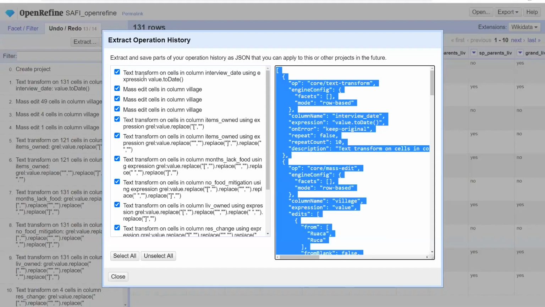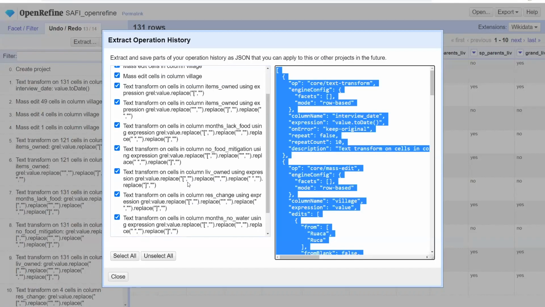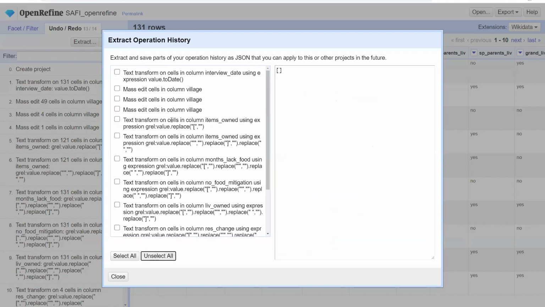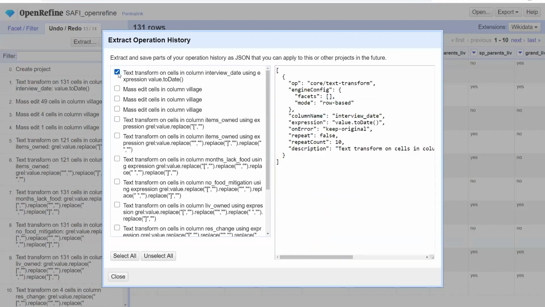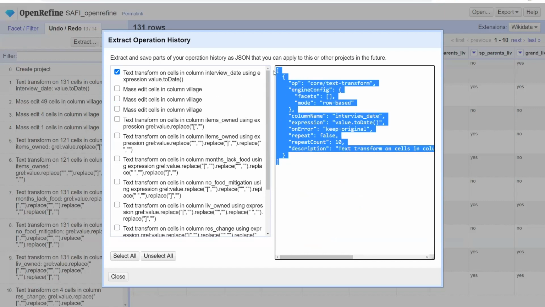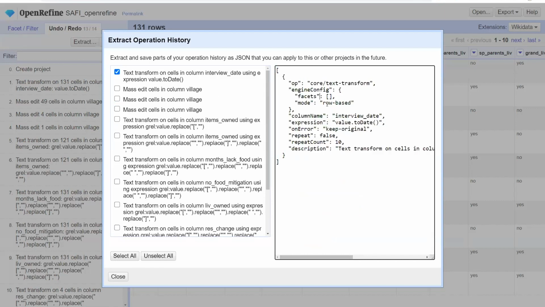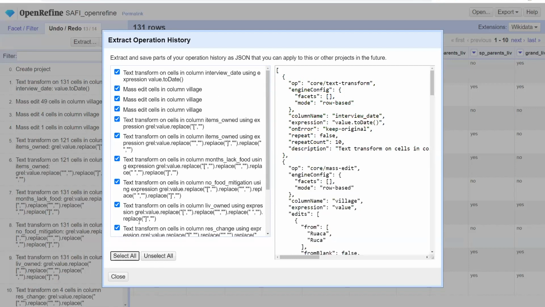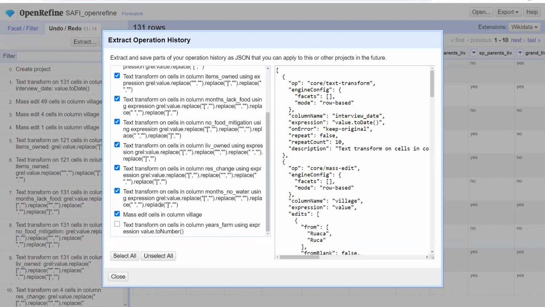And if I click on that, it'll give me a description of all of the steps that I've taken. And on the right, it shows me this is JSON, called JSON format. It writes code that will do that transformation using the JSON format here. Doesn't mean that you need to know and understand JSON. All it means is if I want to save all of these steps that I did,